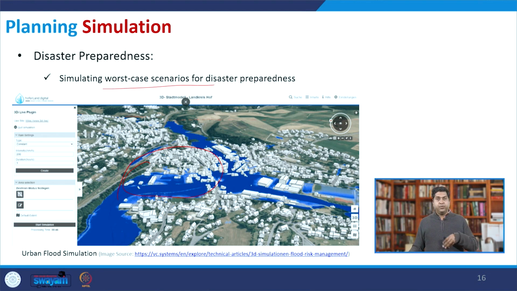You can be well prepared that if that situation arises, at least those locations you need to evacuate faster. So once you get that kind of warning that there will be heavy rain, there is a possibility of a cloud burst, or maybe a cyclone with heavy rain, you can alert people. This is one way, or else you can create enough infrastructure to redirect those kind of flow of